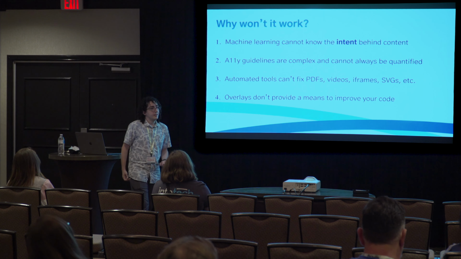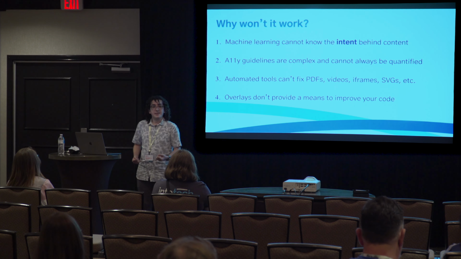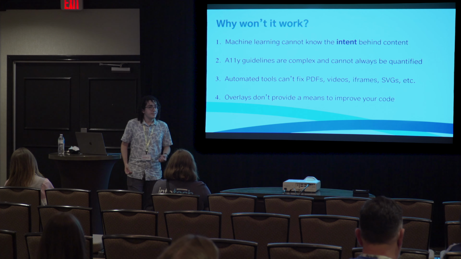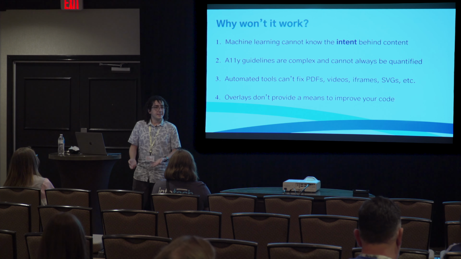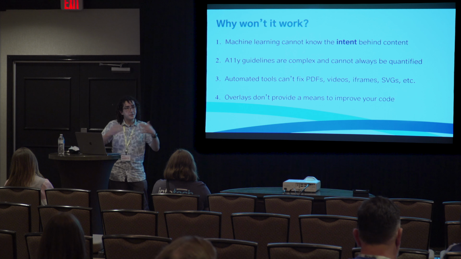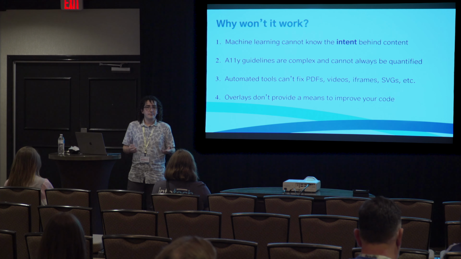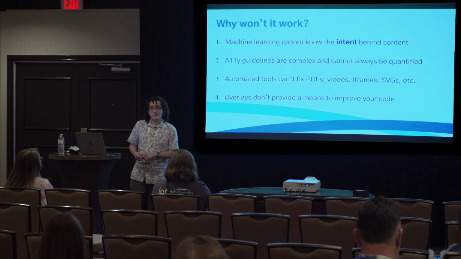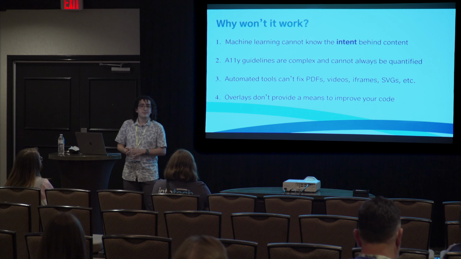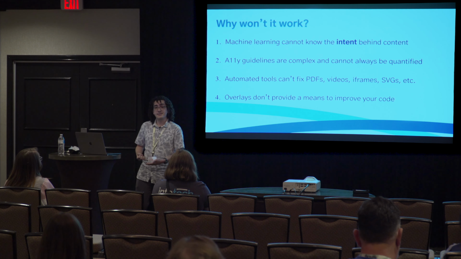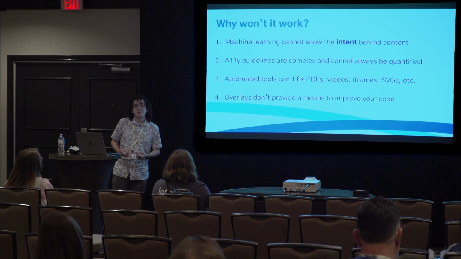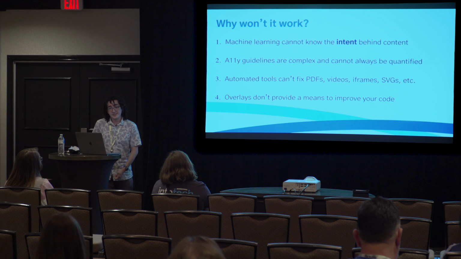Machine learning can't understand the intent and the context behind the content that we put on our websites, right? Because in order to properly explain the intent of this thing, you need to have a bigger picture view that these neural networks are not given. They don't get that context. They get the image, they get metadata, for example, for alt text, but they don't necessarily know what kind of website is it on? What is the purpose of the page? Is this a product listing? Is this an article with a header image? All of these things affect the way that you might explain what that content is, what it means.